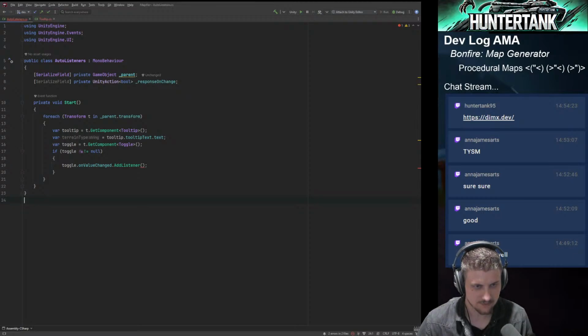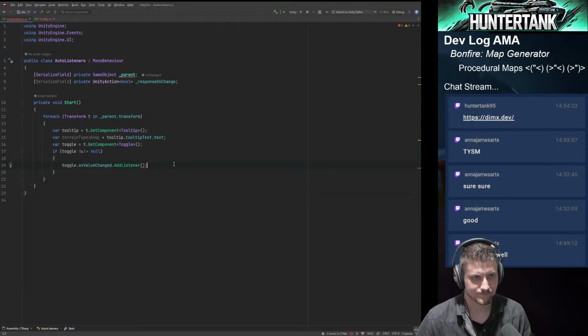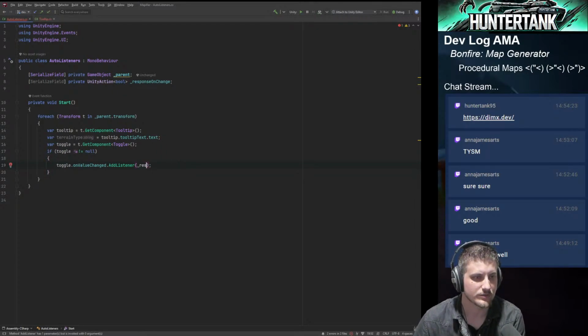Getting back into it now. So we have our action. We've serialized it so that it's assignable via the inspector. And then what we're able to now do is put in response on change right there. And so what this then allows us to do,